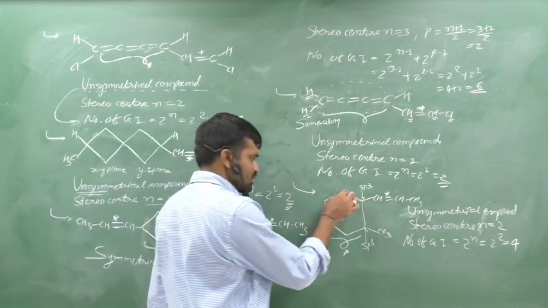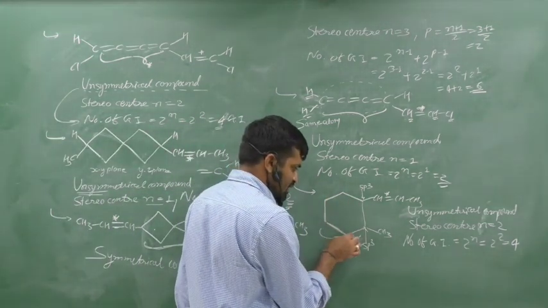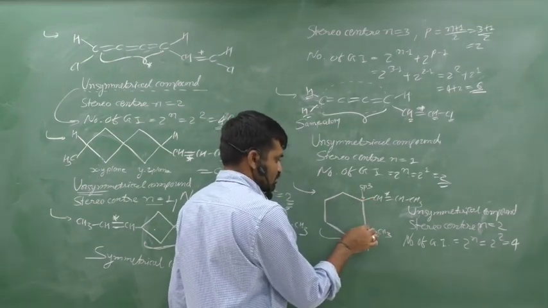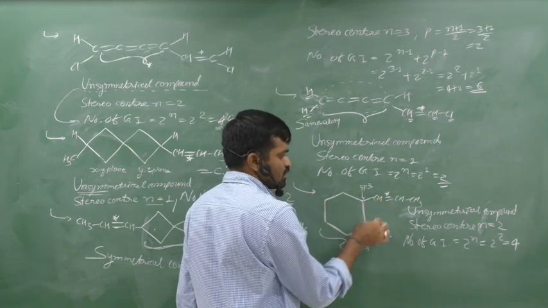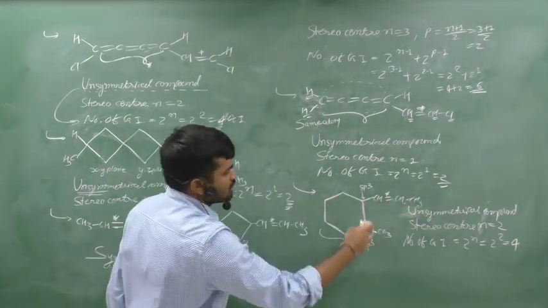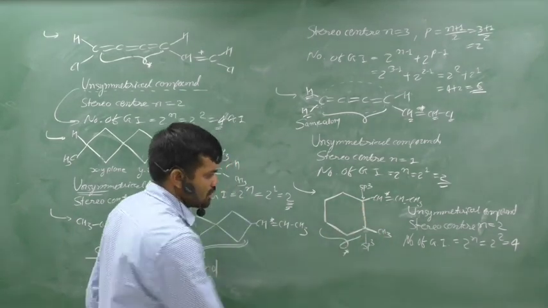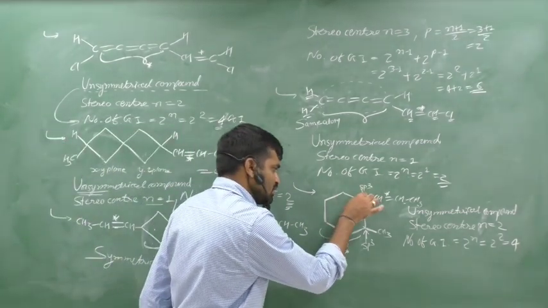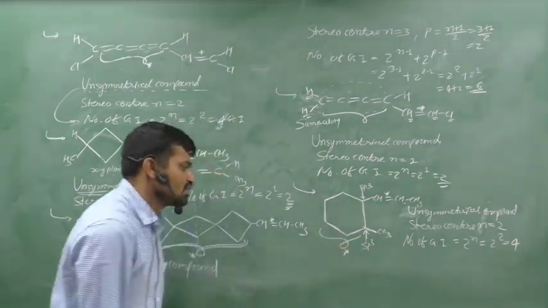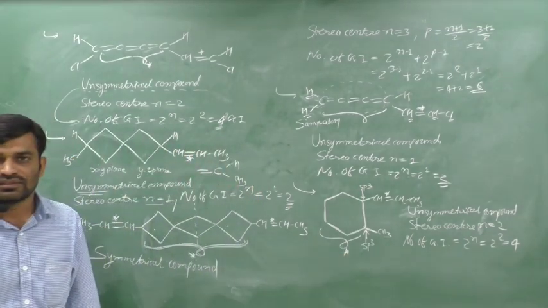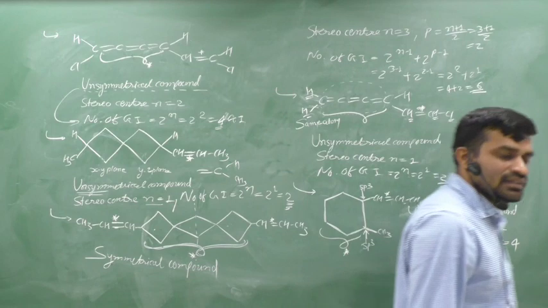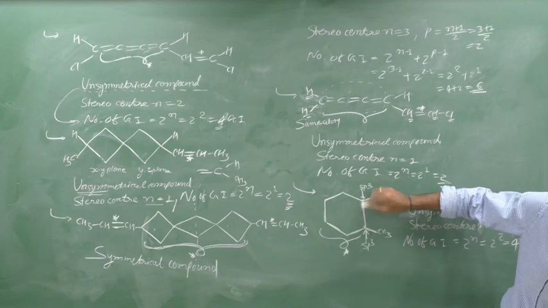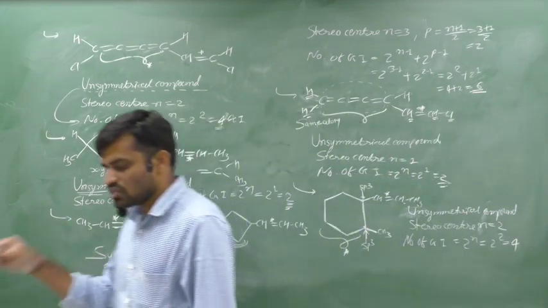Next, we can have an example like that. 6-membered ring, here CH3, here CH double bond CH, CH3, 6-membered ring, CH3, CH double bond CH, CH3. It is an sp3 hybridized substituted carbon. It is also an sp3 hybridized substituted carbon. We can say that this ring shows the GI, cycloalkane. Clear? This ring shows the GI because the groups containing carbons are in sp3 hybridization. Therefore, this cyclic system shows the GI.